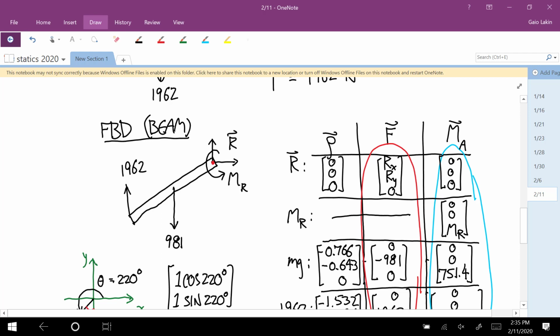Again, remember that means you can think of that as two forces. This is counterclockwise, so it's a force going this direction at the top of the beam, combined with an equal and opposite force going this direction at the bottom of the beam. And together